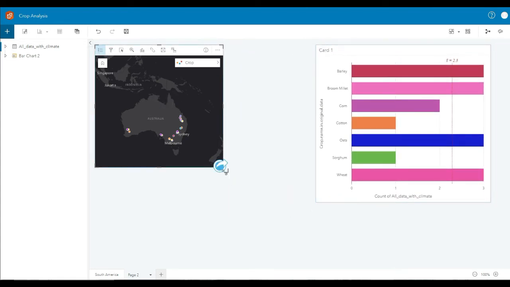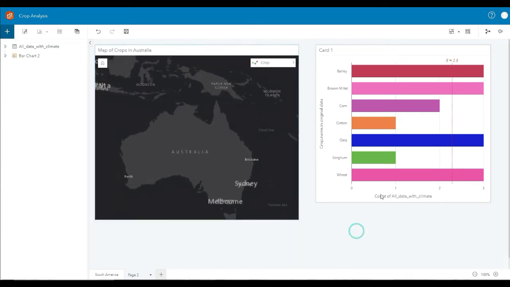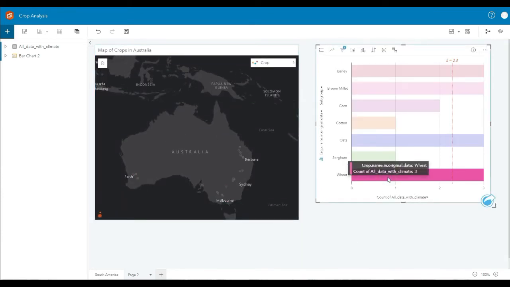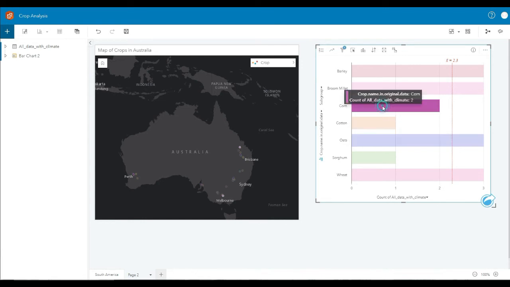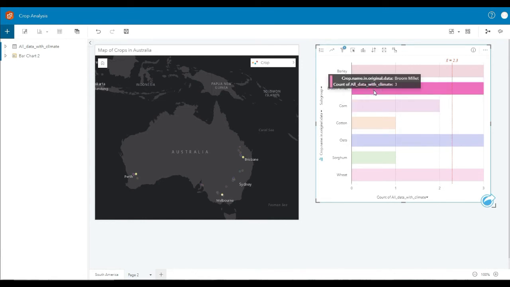Maybe put them side by side. And as you can see, if I click over here on the wheat, I can see the wheat is all the way over there in Perth, and there's some in Brisbane and Melbourne. There's some all over. I click on oats or corn or broom millet. I'm not actually sure what that is. It sounds like a grain to me. And then I can take this and I could say